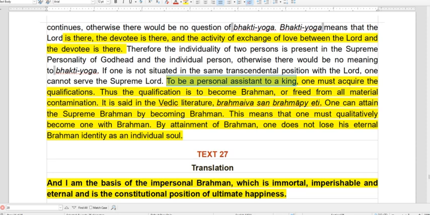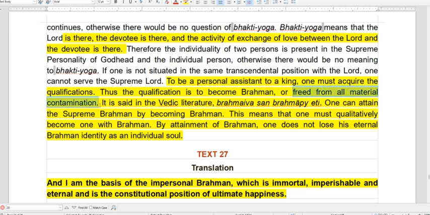They live as a friend, yes, as a friend and all that. But they live with the same facilities as the king. What the king eats, they also eat. He goes in a palanquin, they also go in a palanquin. He is enjoying the same level as the king. Yes or not? Only thing, he has to acquire some qualification, and that qualification is that he is freed from